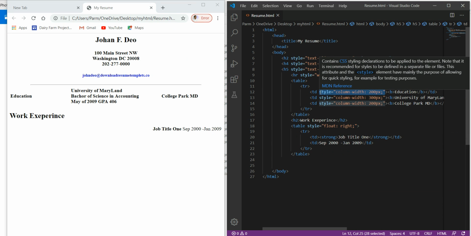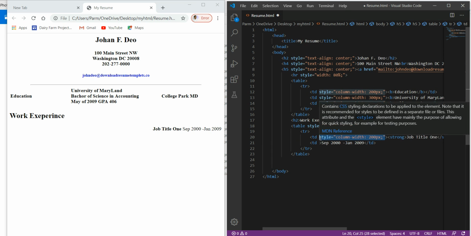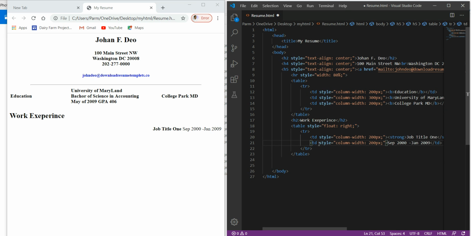We will use the style attribute to this, control here, and again to this control B. Now again save this, refresh it.